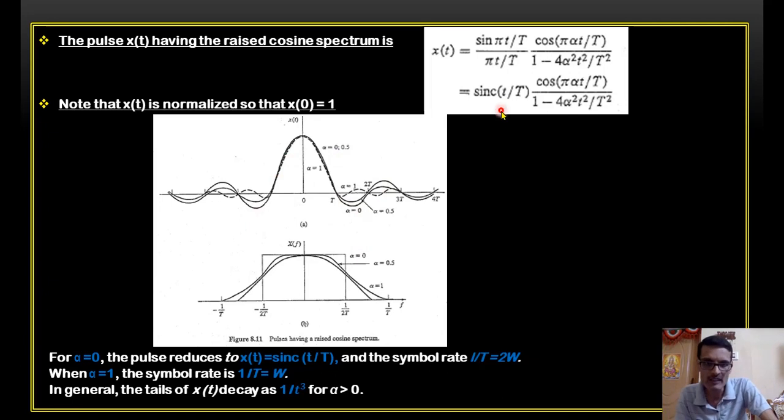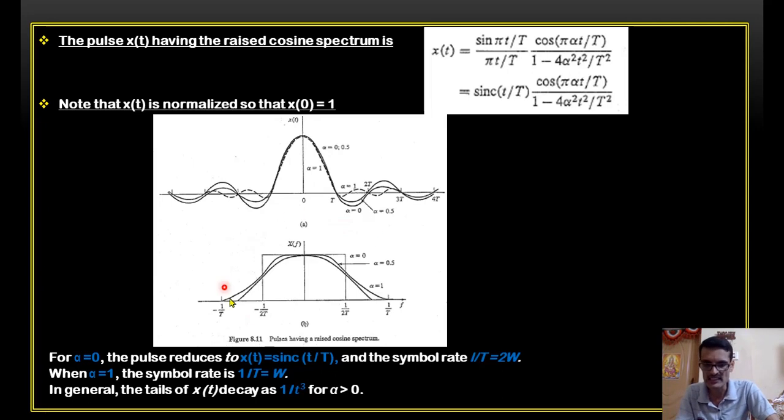Okay, when I say alpha equal to 0, this is 0, cos 0 is 1, right? What I'll get is a simple sinc pulse, which is same as the previous case, right? So this one, the solid line, for alpha equal to 0, is a simple sinc pulse. As the alpha value increases, the shape changes. Let's just look at this. The shape changes. For alpha equal to 1, see this, this is completely different, right? Now, this is the practical case. This is practically implementable. Now, what is the amount of extra bandwidth it has occupied here? That's what we have to understand.